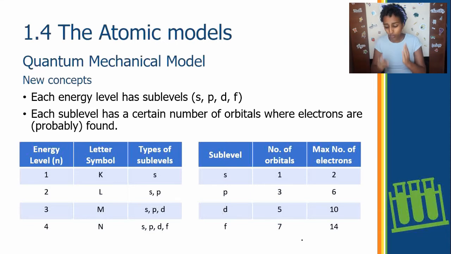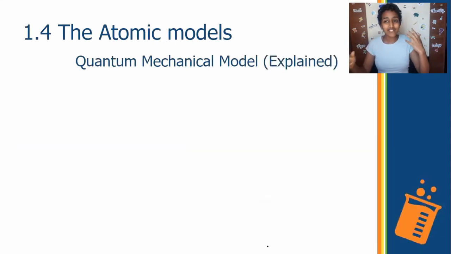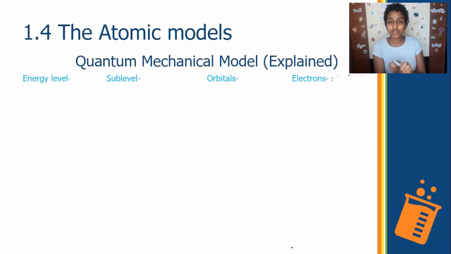So I came up with an analogy, all right? Or a kind of easier way to reference the quantum mechanical model, maybe in order to understand it better, okay? So first I'm gonna go through the 4 things that we have to know in an atom. We have to understand an energy level, a sublevel, an orbital, and then electrons, okay? Let's start with an energy level, okay? Think of an energy level as the floor of a school, and let each floor represent an energy level, okay?